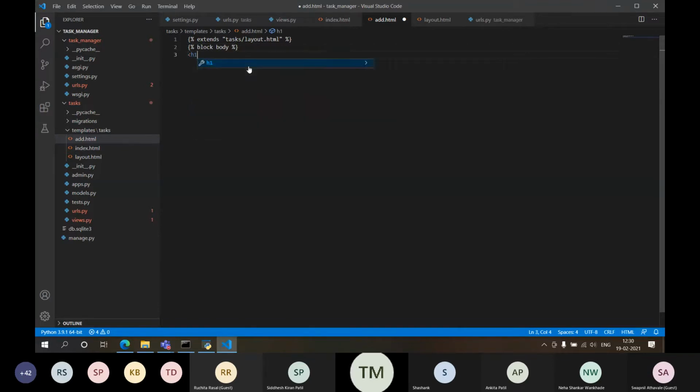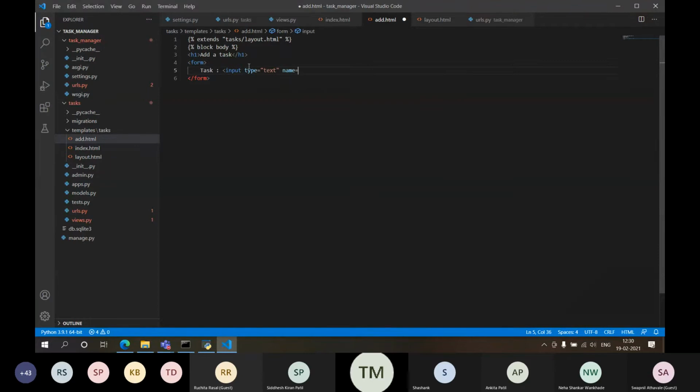in this I'll write task. Okay, for that I'll say form. I'll give a label over here, title, or just write task, and then input type text.